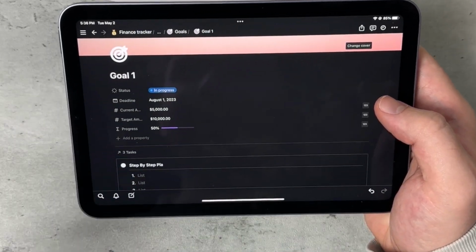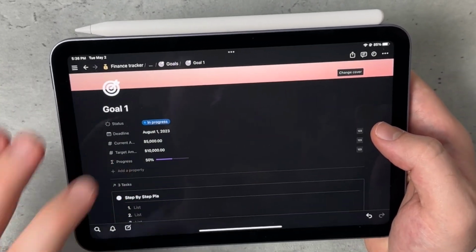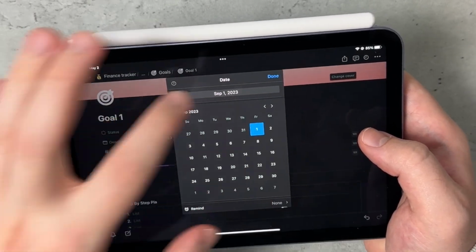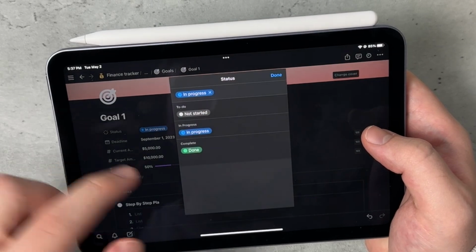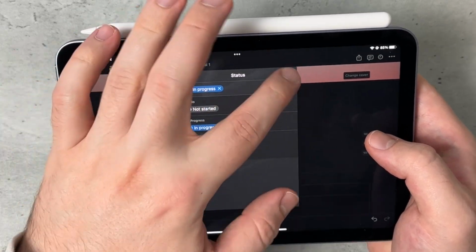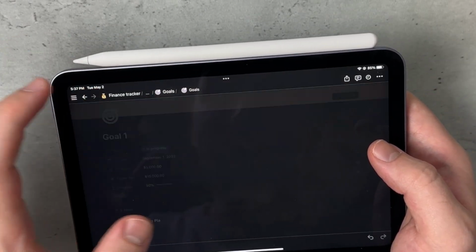Okay, so by August 1st of 2023, I plan on hitting the target amount of 10,000. So I'm 50% there. I can obviously change the date to like September 1st. And in progress, I can also change that to not started or done. And right now, for example, this would be in progress. So let's head back to